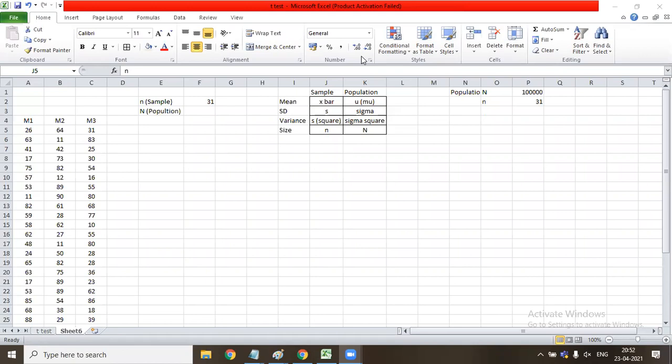So, first, let me tell you about ANOVA. When we compare the means of one sample or two samples, we require the T distribution, the T test. The question can be how do we know whether it's a T test, and what is a T test. I will tell you once I cover the distribution.